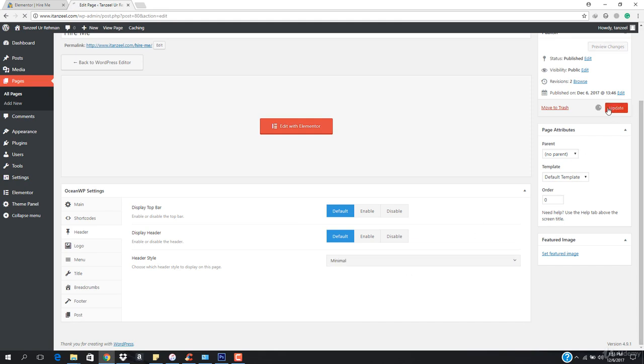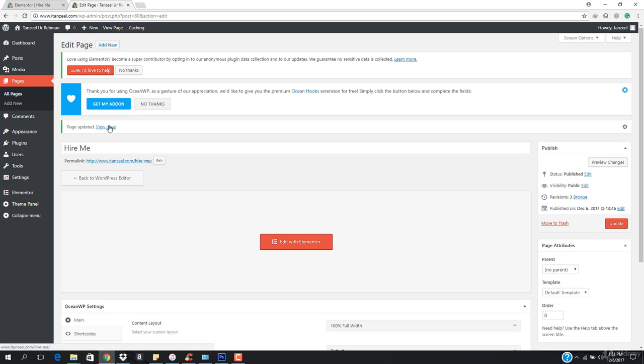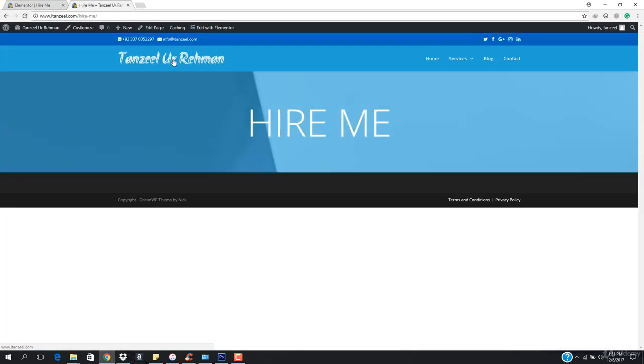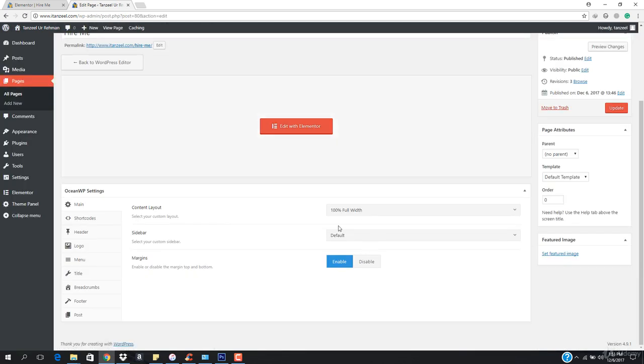So I'm gonna go ahead, I'm gonna hit update now. Basically I want the header to be minimal, so I'm just gonna come here and I'm gonna hit view page. Here you go, this is how my header is looking. So if you want your header to look transparent, you can go with this, but I think transparent was looking much better. So I'm just gonna come here and I'm gonna hit edit page,